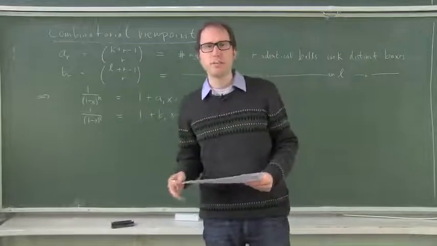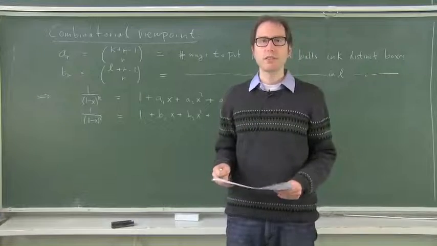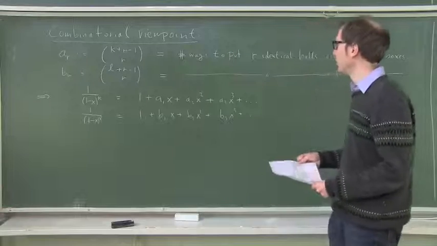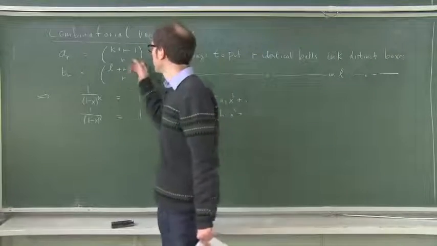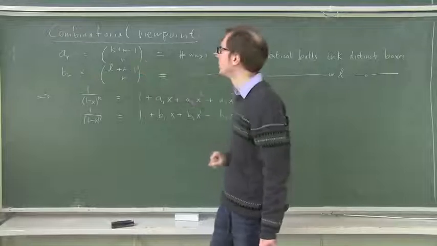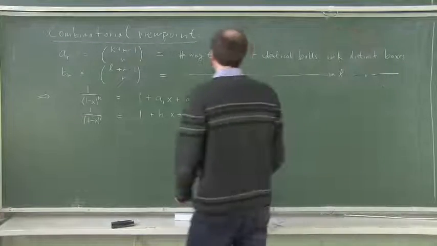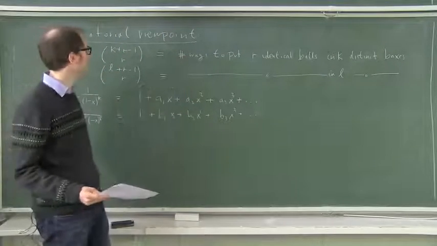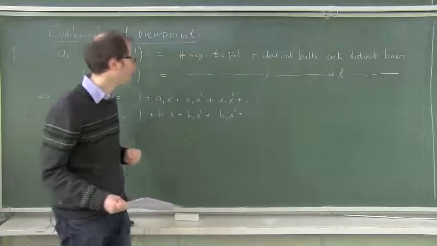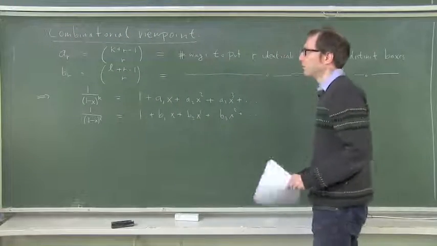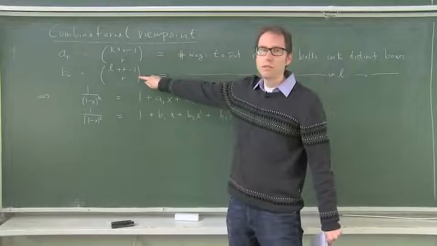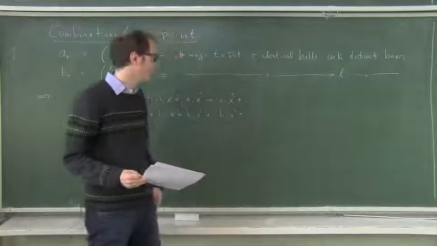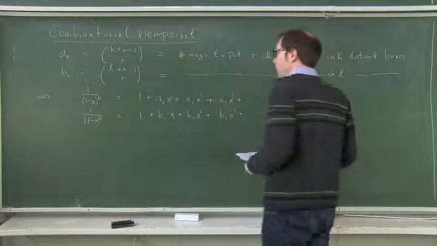Okay, so we learned about all this black magic of generating functions. So what does this have to do with combinatorics? And so let's look at this here. So this is what you already know. So k plus r minus 1 over r counts the number of ways to put r identical balls in k distinct boxes. Okay, so this is something we know already, and of course now we can define br as l plus r minus 1 over r, the number of ways to put r identical balls, but now in l distinct boxes. And so the generating function,